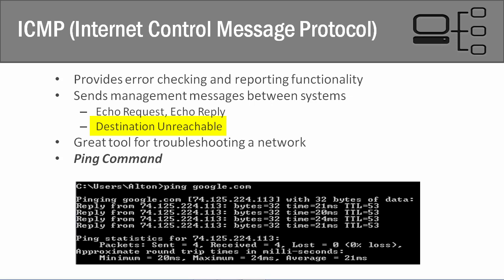And so we use this very commonly in the network support and desktop support realm, where if we're on the system and that system can't get out to the network, we can simply use a ping command to see if we can communicate with one of our servers or one of the other desktop systems. And if we can't communicate, then we know that we have some sort of an issue that we have to troubleshoot. So here's a quick example here on the screen, and I am going to do a live demonstration,